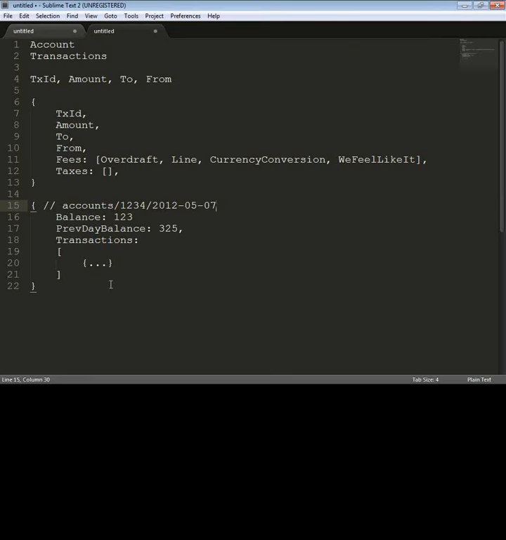So every day that you have some activity in the account, you would have a new document with this format of the key. And